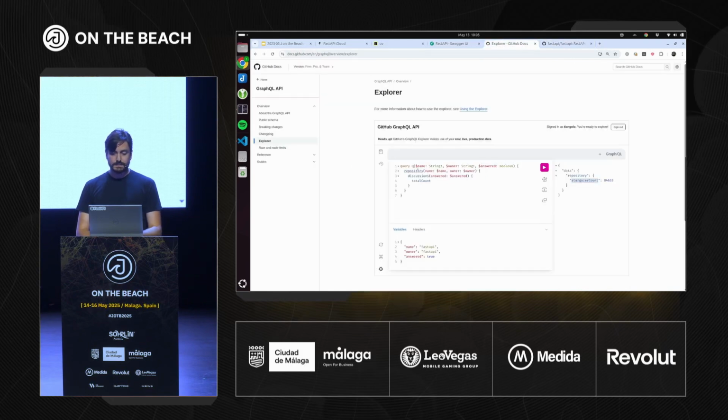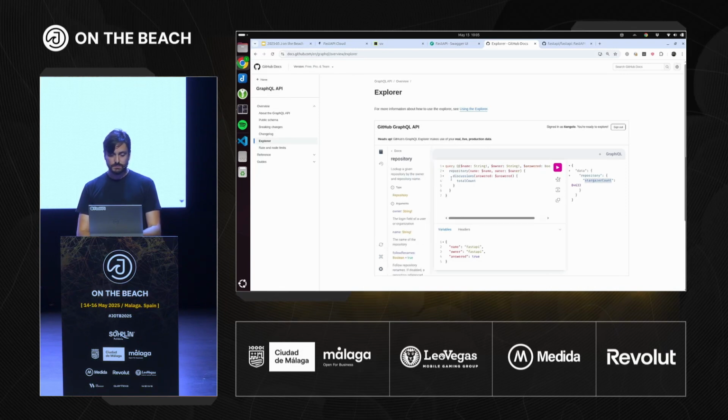So we are asking GitHub, hey, I'm going to give you some repository. No, don't show this. Okay, I'm going to give you some repository name, and from that I want you to go get the discussions, and I want to filter by the ones that have been answered or not answered, and give me the total count of those discussions. These things with dollar signs are going to be parameters that we pass, like variables. So we're going to say that name is FastAPI, owner is FastAPI as well, answer is true. So we're going to get the discussions that have already been answered.